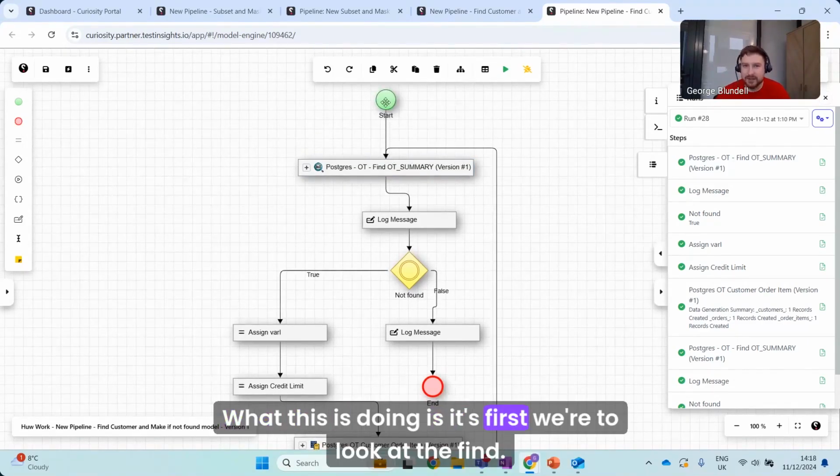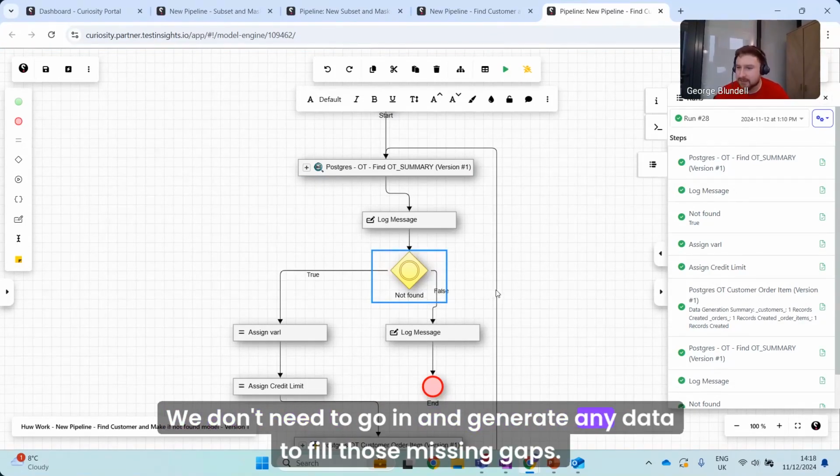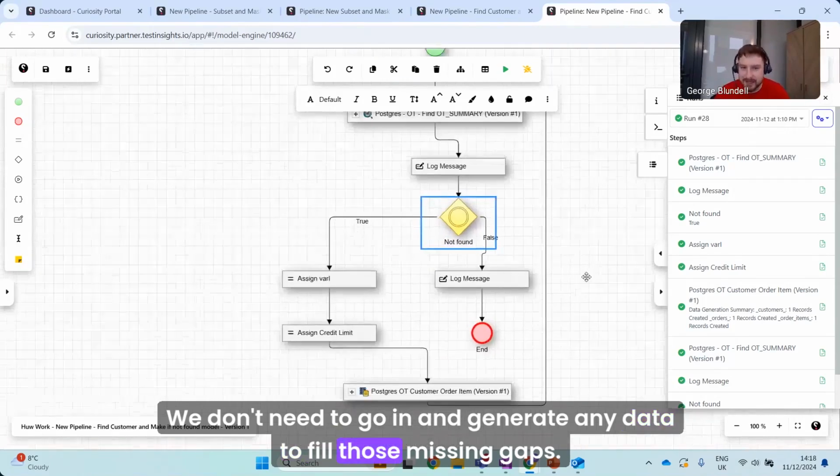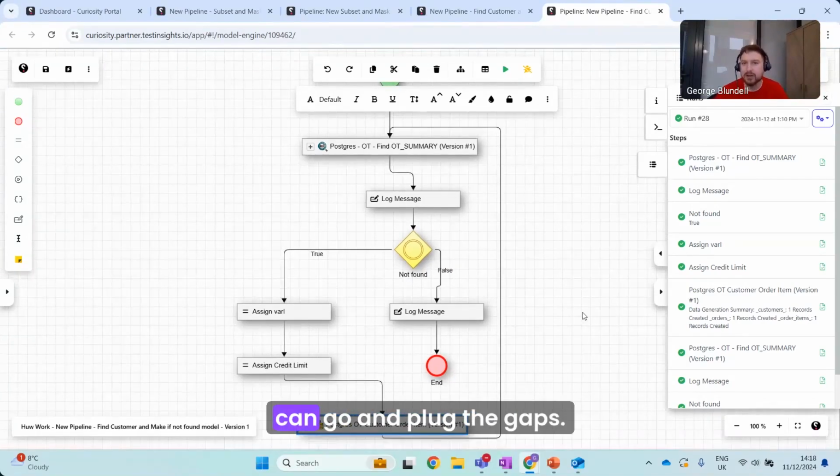First we're going to look at the find. If we find the data, then that's fine. We don't need to go in and generate any data to fill those missing gaps. But if we don't find the data, let's trigger a generation process that can go and plug the gaps.